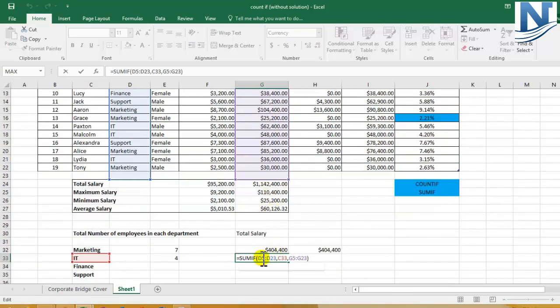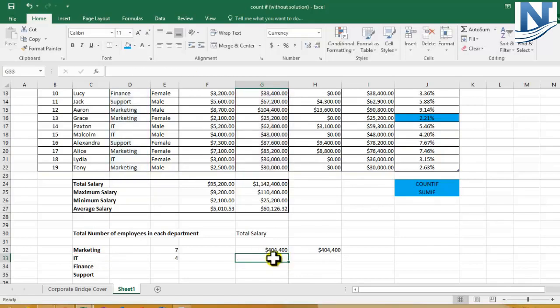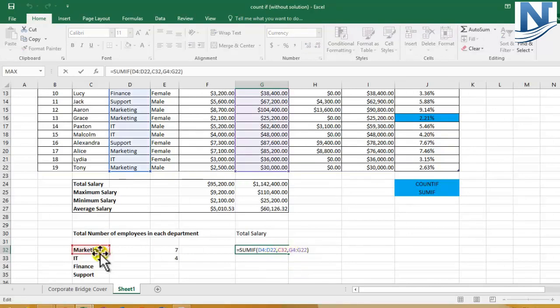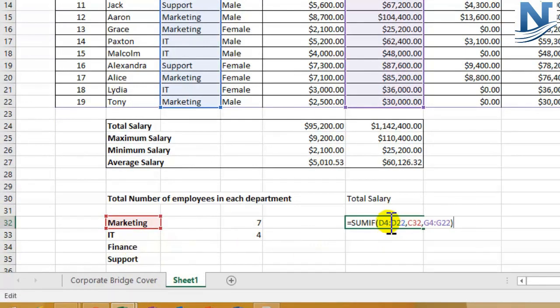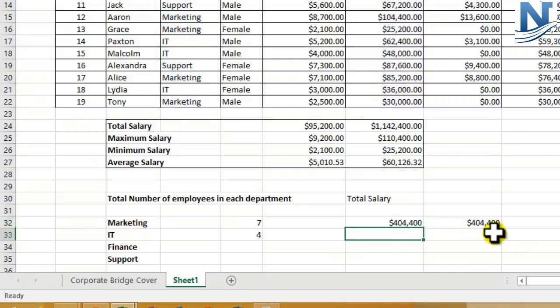So again over here I'll just go and press F4 everywhere, so that, sorry, for C33 we will not press F4. Okay, let's delete this and make use of F4 in the first formula only. Okay, C32 we do not include the F4 sign because we want the cells to shift down. So only in the range area where the range is given, the sum range and this range, we will include the $ signs with the help of F4. Okay, I have not done anything to the C32 cell and press enter.